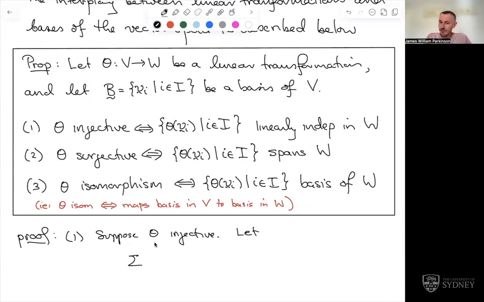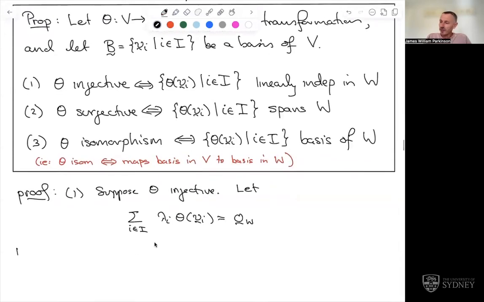And let's say we've got a linear combination that equals 0. I'm trying to show linear independence, so I'll take my linear combination equaling 0 and show that all the coefficients have to be 0. Well, then theta of this sum, oh, sorry, that sum with the vi, that's the same as the thing up above, so that's 0. So this sum is in the kernel